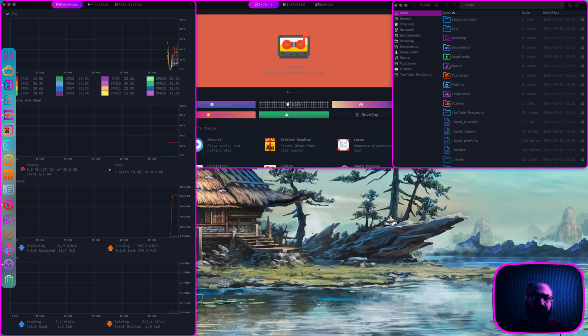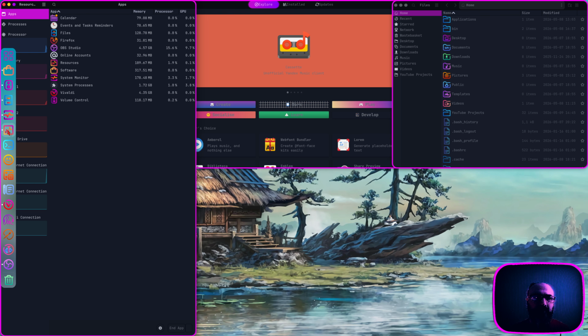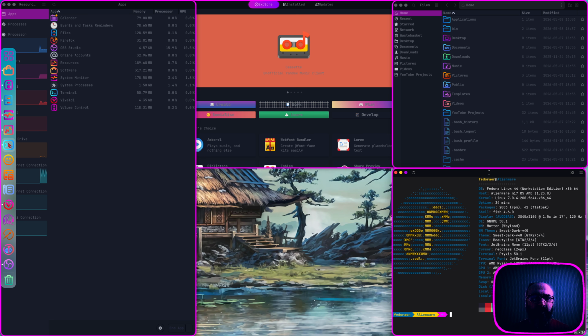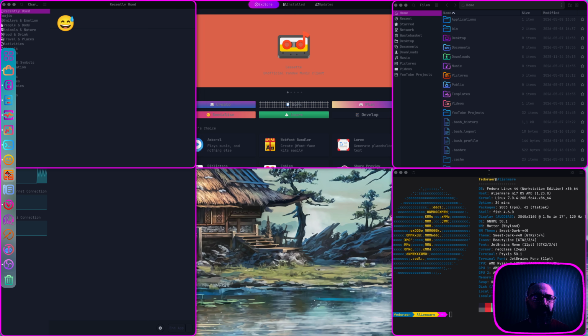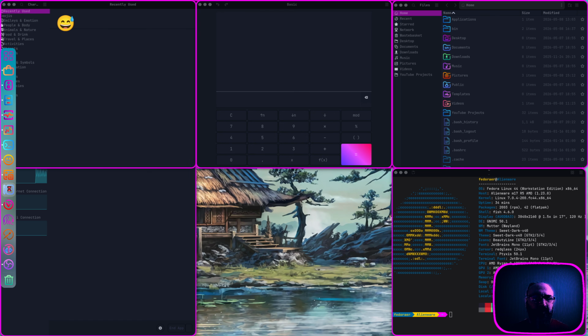This one, Resources, I have installed after the fact. It was not with the system, but I like it a lot. I always liked this system monitor app. My terminal, more on this soon. Characters, calculator, text editor,